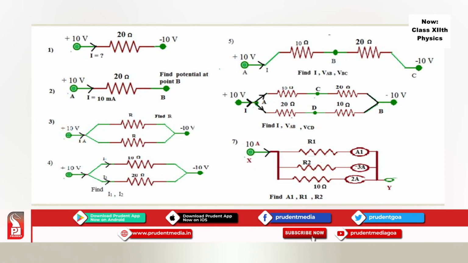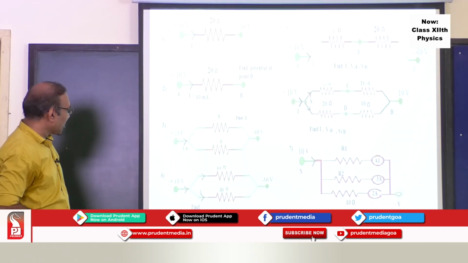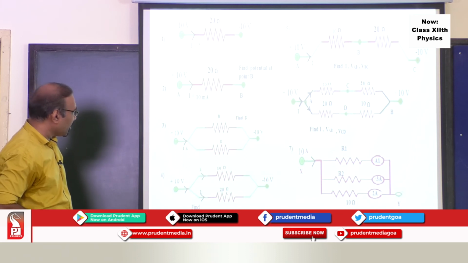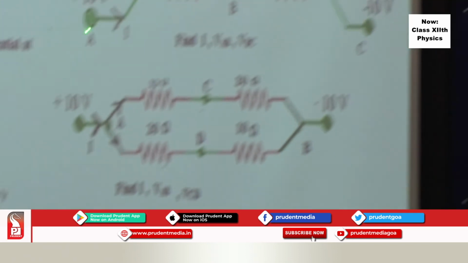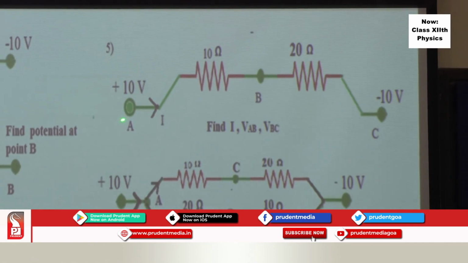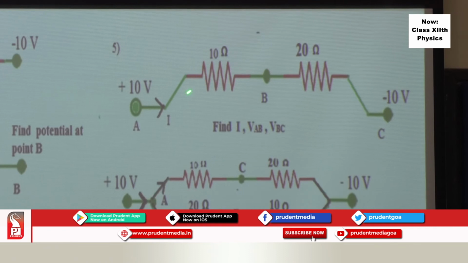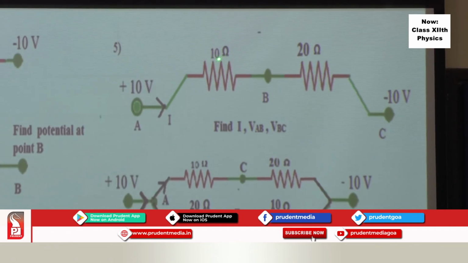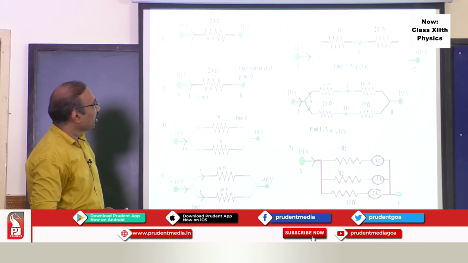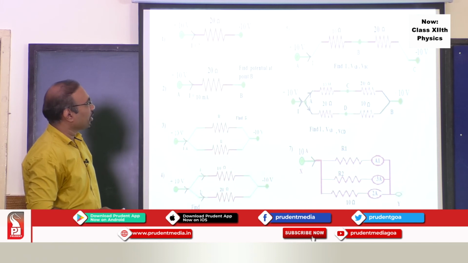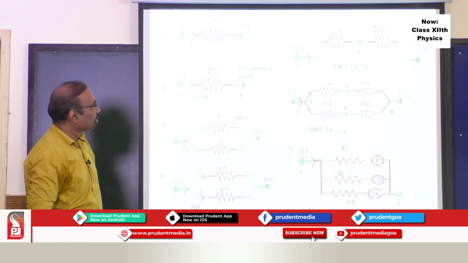If the current is flowing in these two, how exactly to find the value of R? If the current is I1 and I2, how can one find out the resistance? How can one find out this current? If these two things are given, and you are asked to find the potential difference between this end and this point, you can find out the main current first by using the equivalent resistance of this, and then find the potential difference between this and between this also.